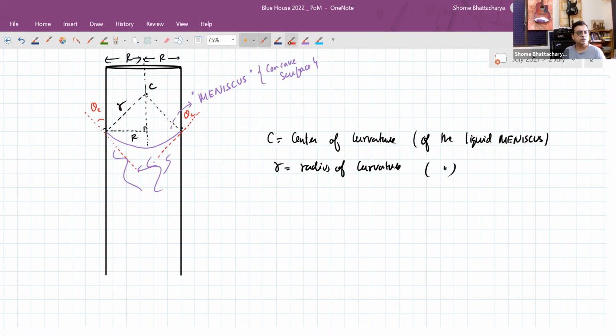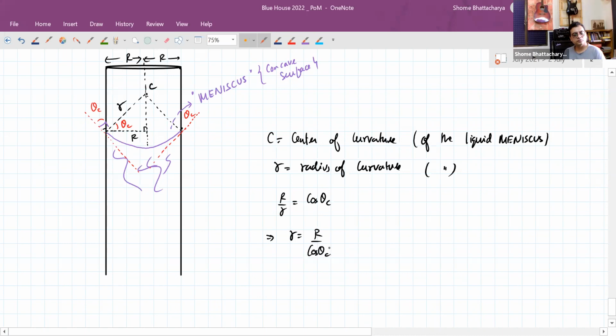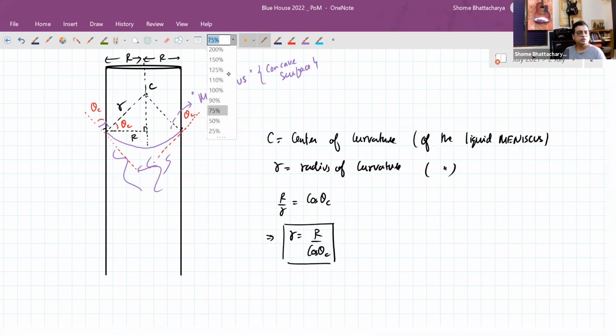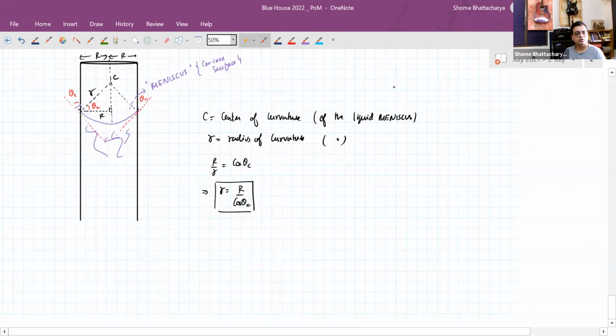So now you can see in this, this angle will be the contact angle, okay, because this angle has to be 90. So we have the relation that capital R by small r is cos of the contact angle. So this is the first important thing. Okay. Now related to this is